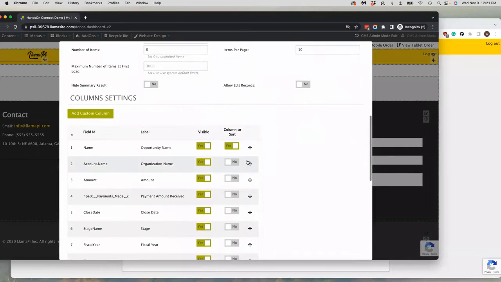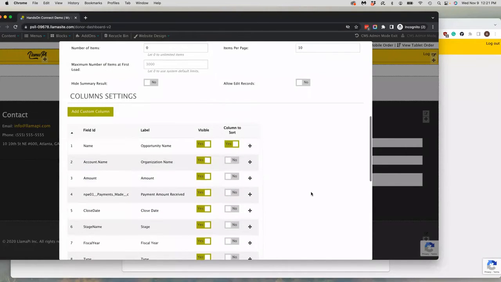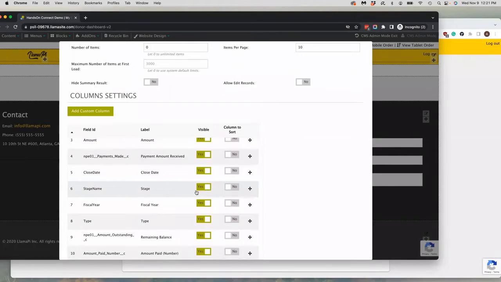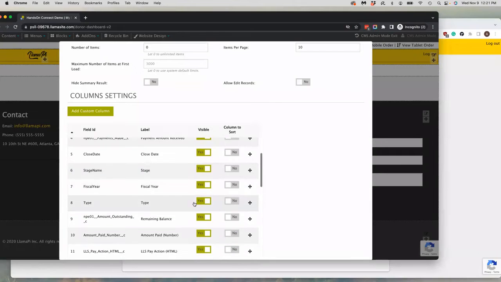And these are basically the columns I have that are going to display. So I want the opportunity name because that's going to tell me the description of it. I don't need the organization name. I do want to show the amount and what has been received. I'd like to show the close date, so I'm going to leave that as is. I'm also going to leave the stage and the fiscal year. And then I'm going to say, I don't want to see any of these